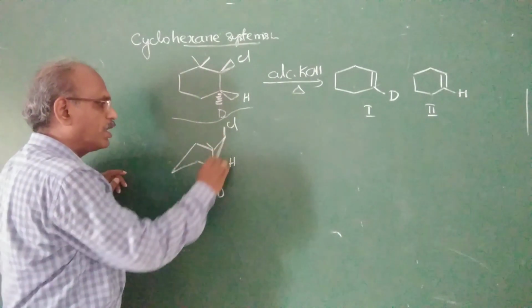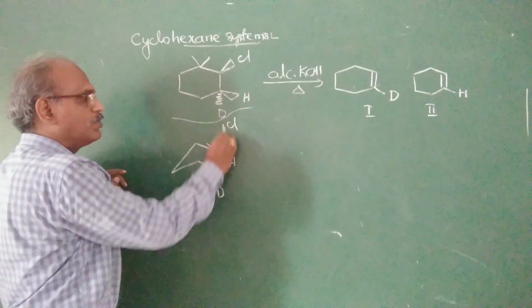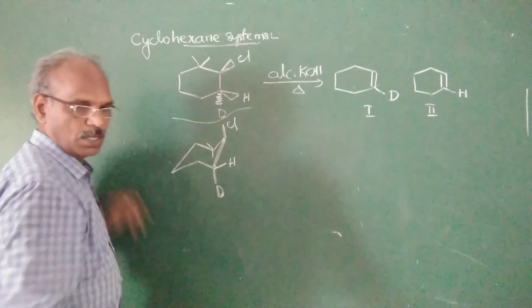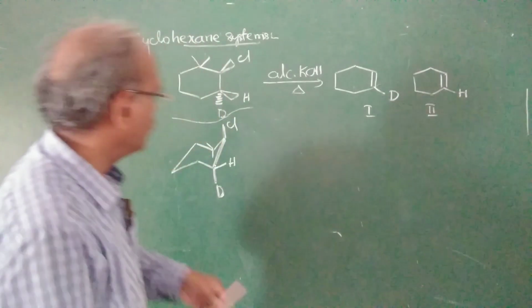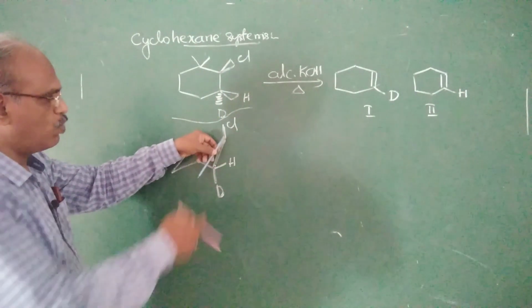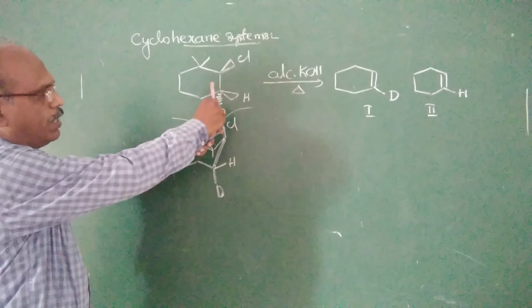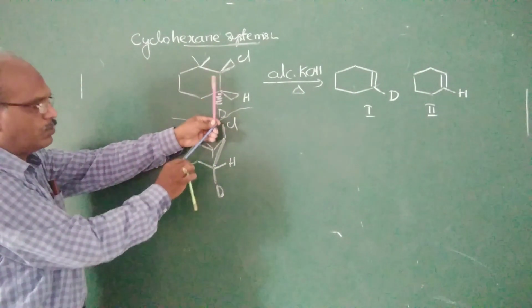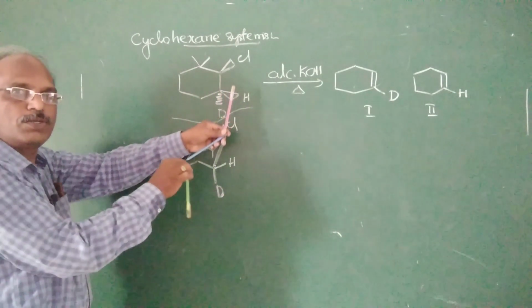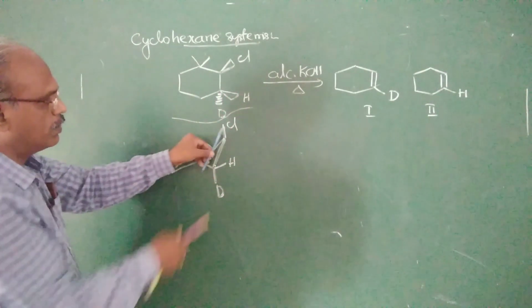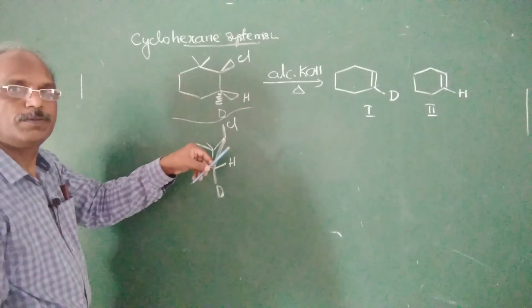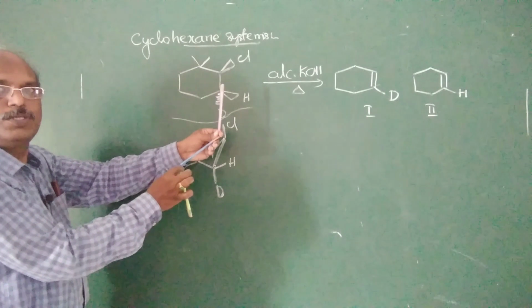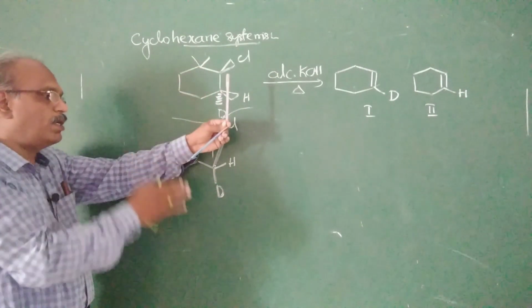Now look at this. In this configuration, look at this bond. Cl is oriented in this direction, H is oriented in this direction. Okay, all of you look at this. Say this is the carbon-carbon bond, and this is the chlorine, and this is the hydrogen. Now see deuterium. This one is the deuterium. Once again, this is the carbon-carbon bond, and this is chlorine, and this is deuterium. See, are these all in the same plane or not?